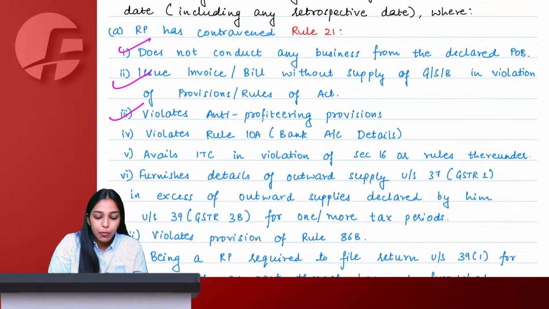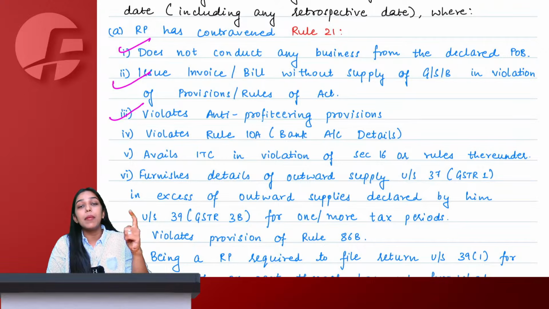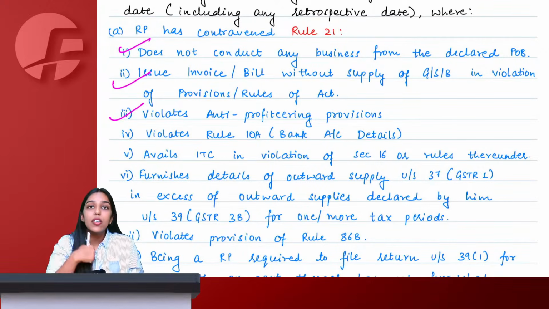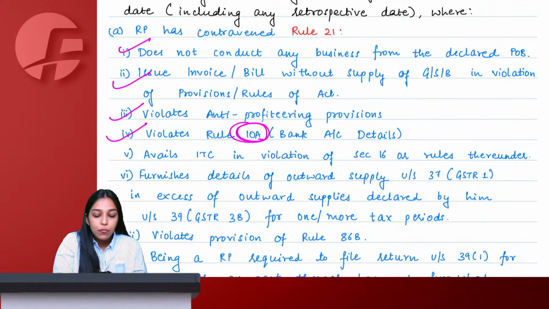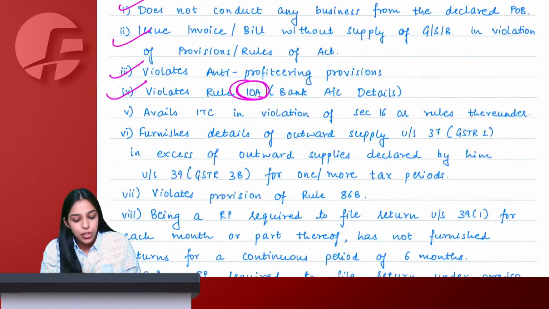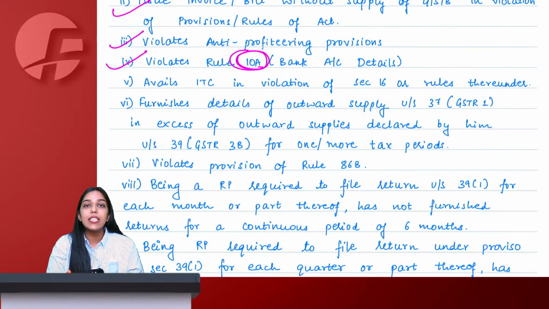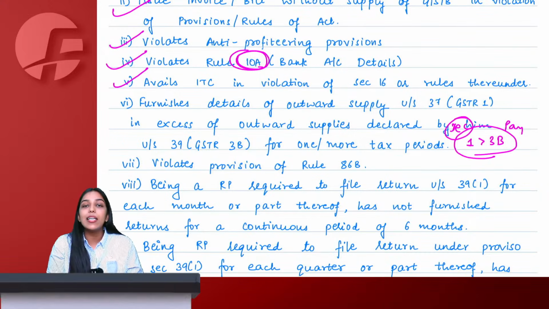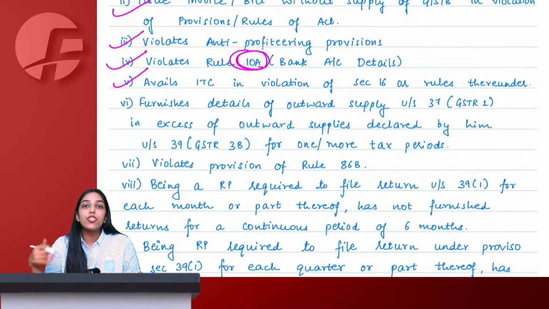If I am violating anti-profiteering provisions, I am not submitting my bank account details within 30 days of GST RC or GSTR-1 or IFF, whichever is earlier. They trusted me and gave me RC without bank account details. Now according to Rule 10A, if I am not furnishing bank details, then my registration can be cancelled. I have availed ITC by violating provisions of section 16. I am showing more sales in GSTR-1 and less in 3B. Why? Because payment has to be done in 3B and GSTR-1 is only a declaration. So I am declaring everything in 1, but I am not paying anything by not showing it in GSTR-3B. So that could be the case.